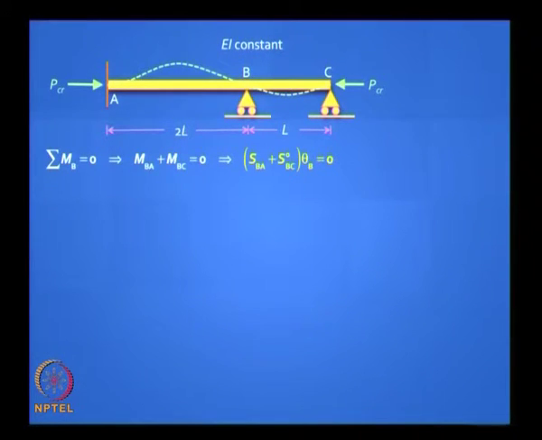You can use the slope deflection method to solve this problem. How do you do that? Theta B is your single unknown. Write down your slope deflection equations. You write down your equilibrium equation directly: MBA plus MBC must be 0. What is MBA? Normally you would have written 4 EI by L. Now you will write S into EI by L for element AB, and for element BC you will write S naught instead of 3 EI by L. No R comes here, R goes to the joint A.